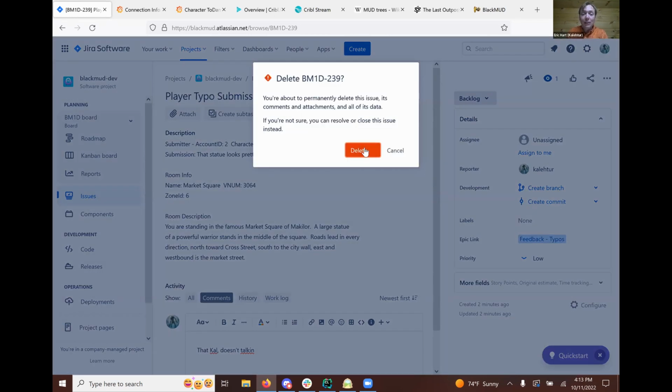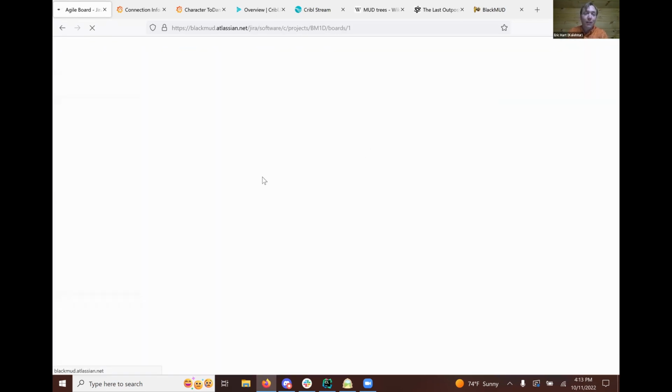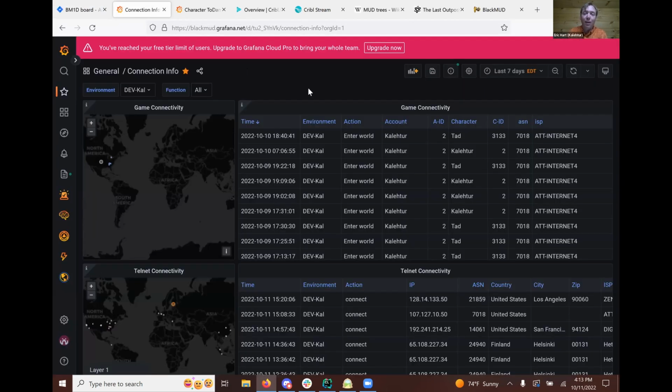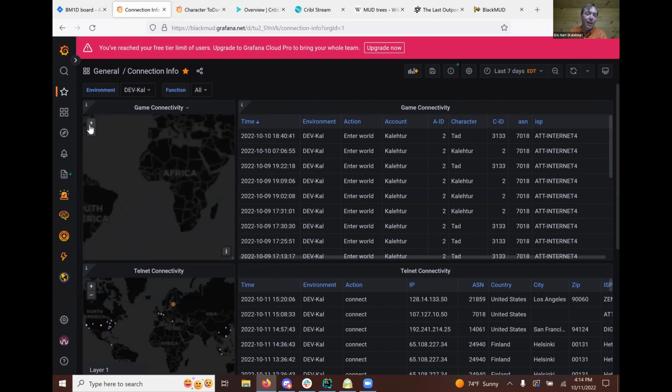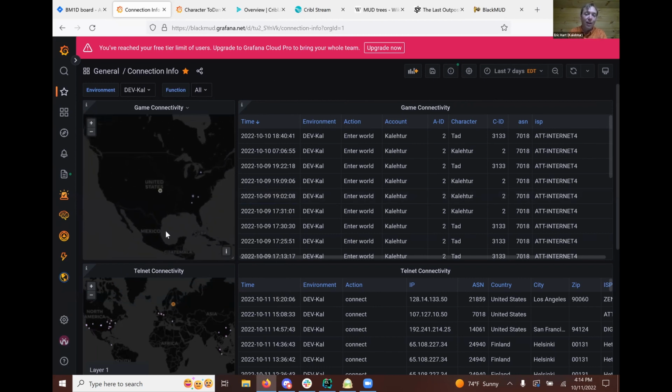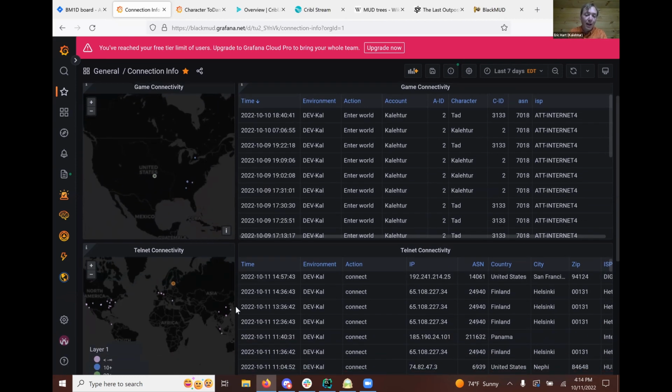And then some other aspects that we're really doing are more from the game analytics standpoint. If I go over to Grafana Cloud, which has a nice free tier, again, the theme, zero cost, where we get 14 or 15 days retention. Here I can observe who's connecting into my game and playing as a player. And this is specifically for that test world. So I can look at where the people playing on the test server are connecting from, and then who's connecting to my telnet service, but not actually playing.